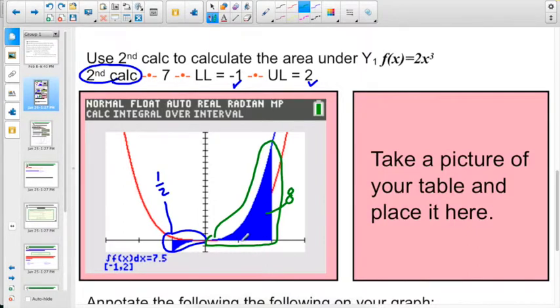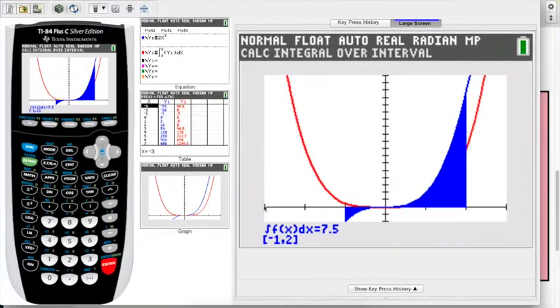And so when we subtract the two, we get the value of the definite integral, which is 7.5. That's the 8 minus 1/2, since that half region is beneath the x-axis. And that's what gets us our 7.5. If we look at the table here,